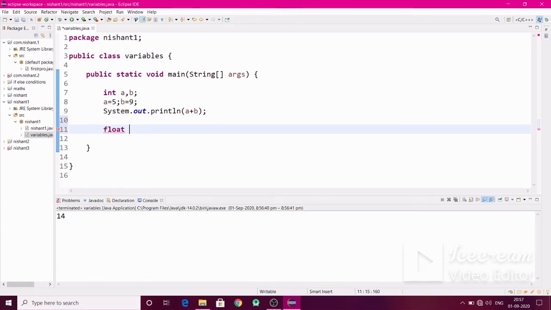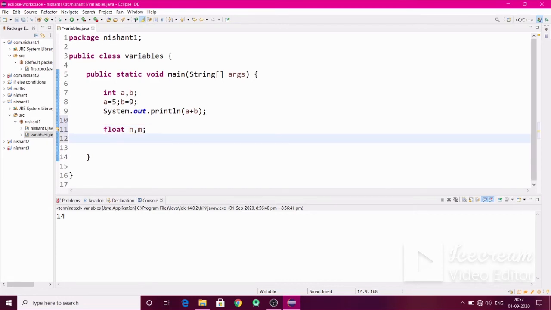So we are taking the float variables n and m. There is an error shown because for the values of n and m, I can give a value like 8.3. You have to write n equals 5.6, a decimal value like this, followed by f.